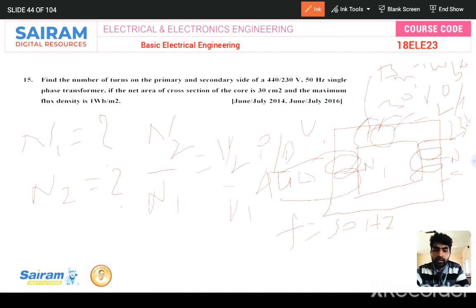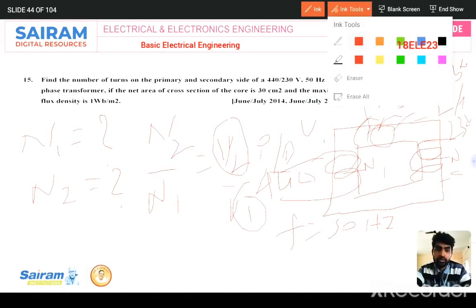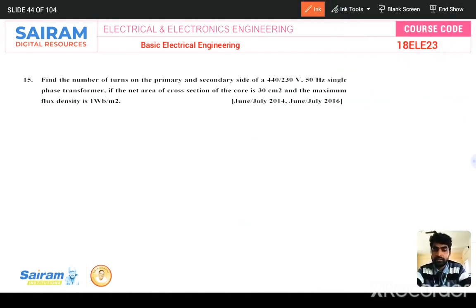This is a turns ratio formula. V2 and V1 are given, but N2 and N1 we need to calculate. If one value is known, definitely you can calculate the secondary number of turns. First we need to calculate N1 or N2. How do you calculate that? By using the formula